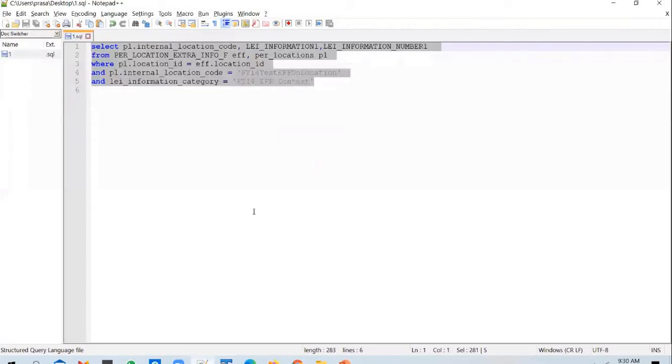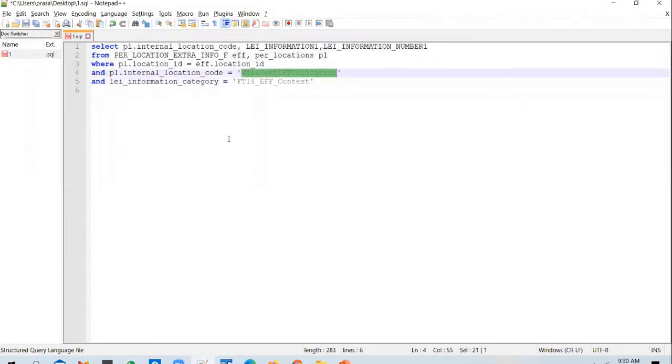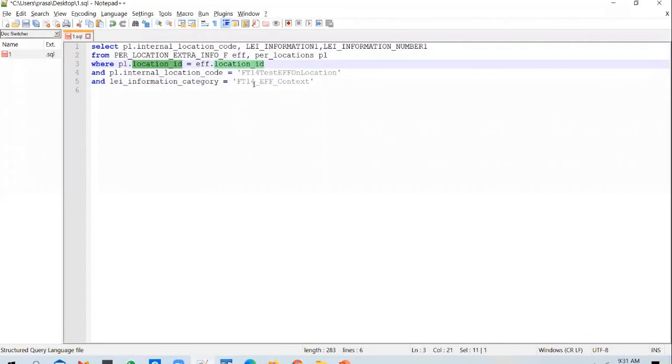Okay, so if I copy and paste it here, this is a DFF context and this is a location that you have created. So we are querying the location by its code. And we are getting the location ID from this table, and we are querying this extra information table with that location ID, and we are searching for the extensible flex field records.